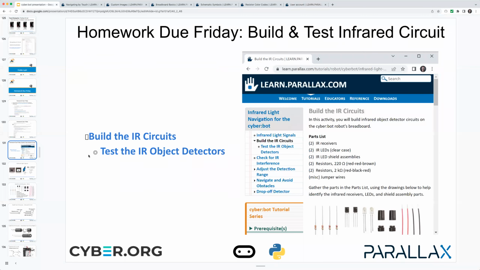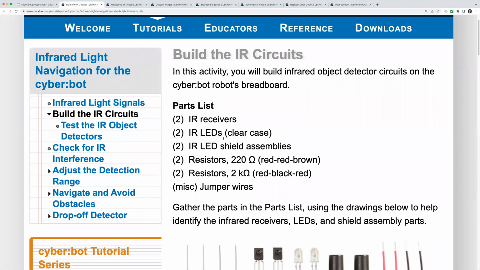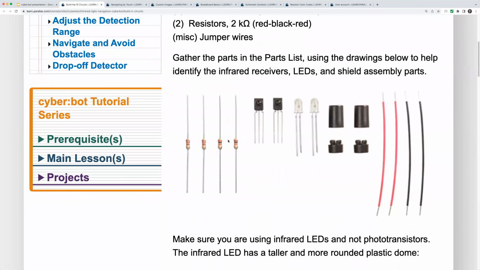And then the other one is what I'd like you to do is the same thing we just did with the whiskers, which is we built the circuit, and then we tested it. And that way we knew we were ready. And so what you'll end up doing is there'll probably be some circuit mistakes, but here's the build the infrared circuits, and it's going to have you,